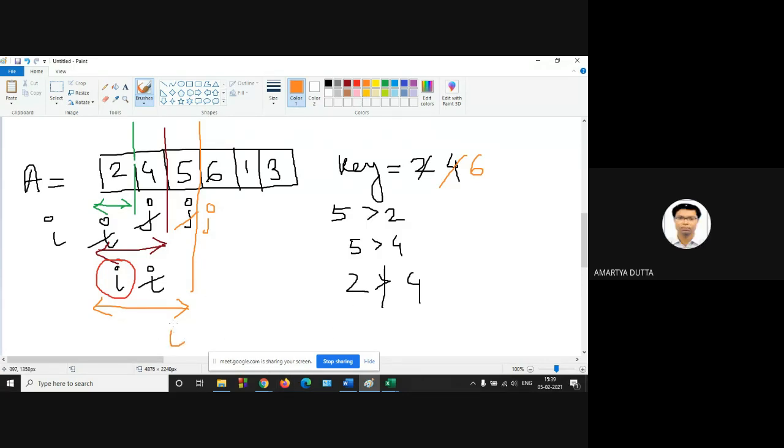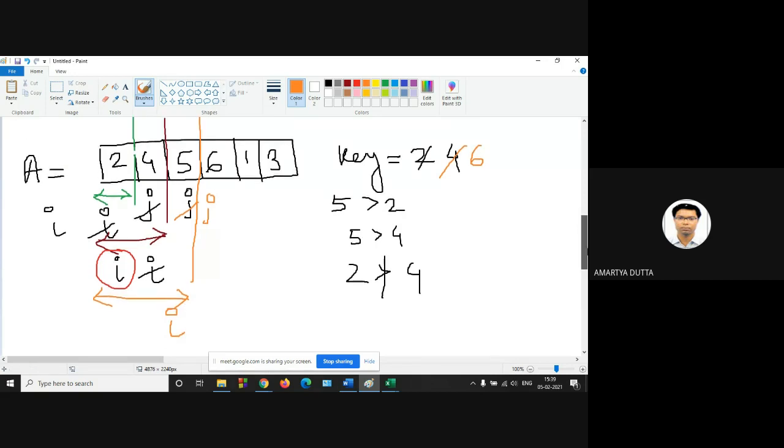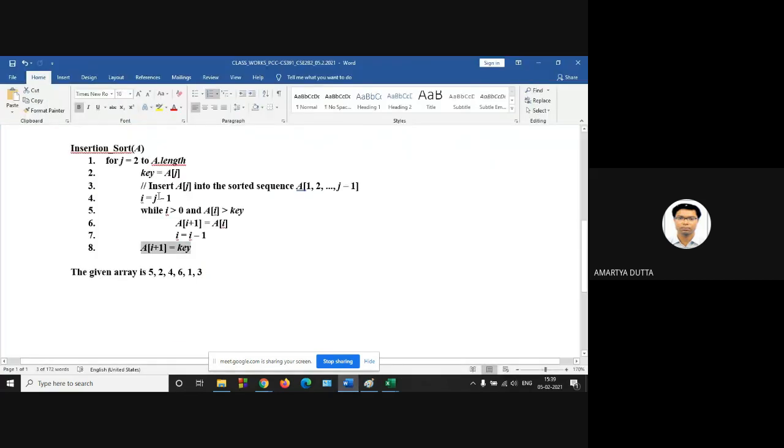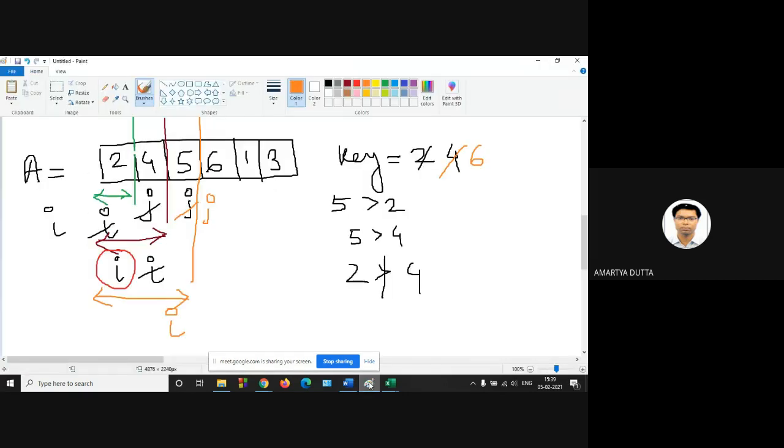So this is your value of I. Now, while I is greater than 0 and A[I] is greater than key: 5 is greater than 6? False. Then it will not be executed.